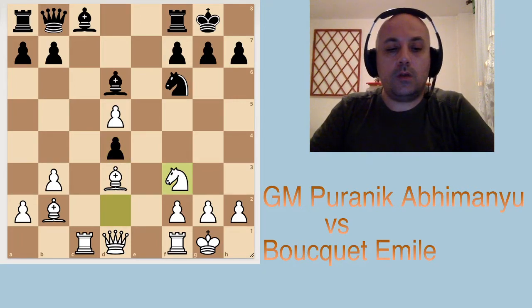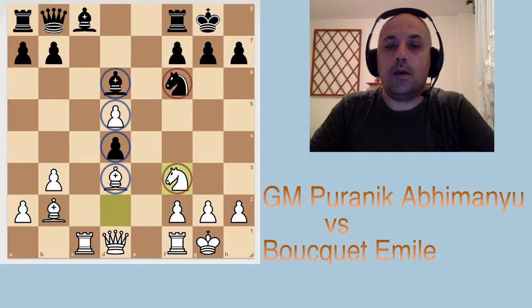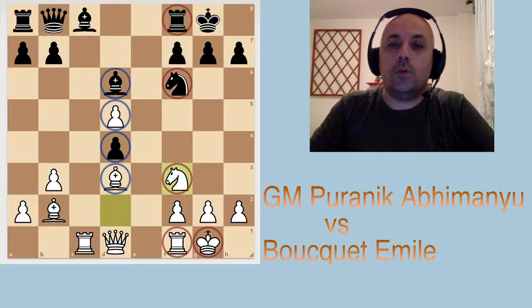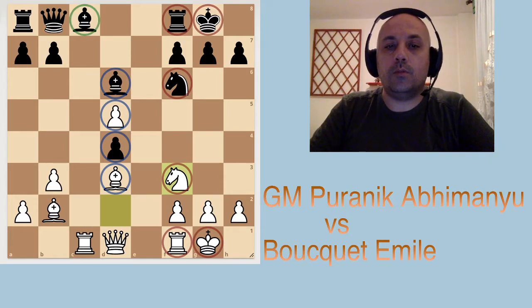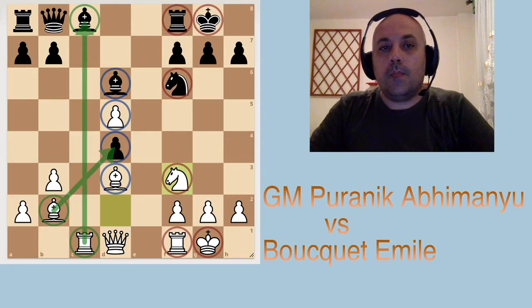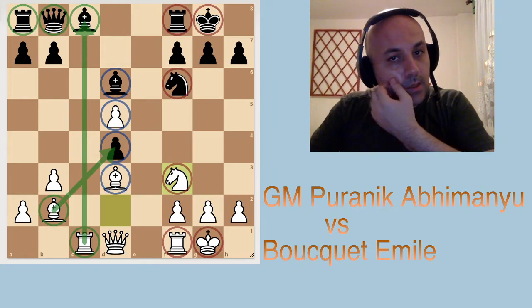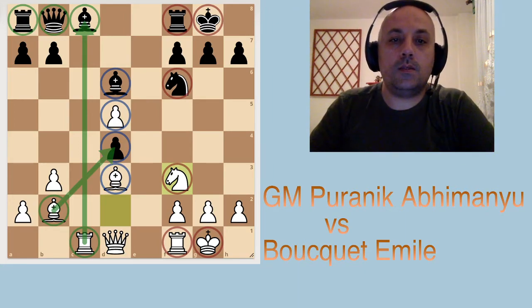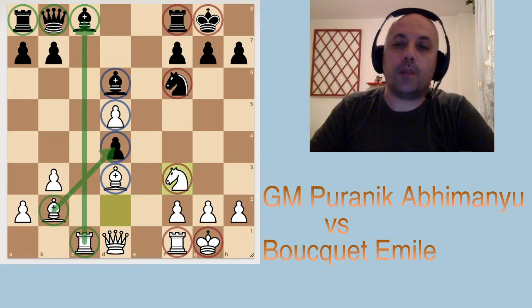position. If you look at some pieces and pawns on the d file, there is some symmetry. Also, these knights are very symmetrical, and these pieces too. So what's the difference here? Well, the difference is that this bishop is not developed, while White's bishop is attacking the pawn, and also White has a rook that is very actively placed. On the other hand, Black's queen side is a little bit out of play, and this fact gives White some